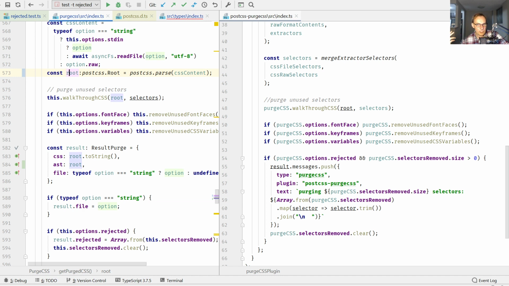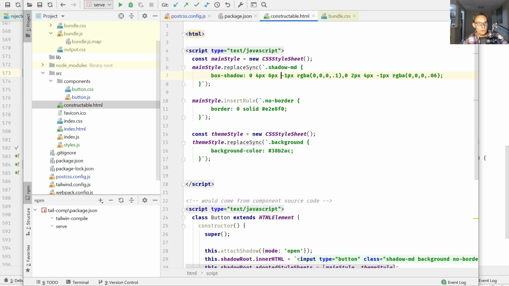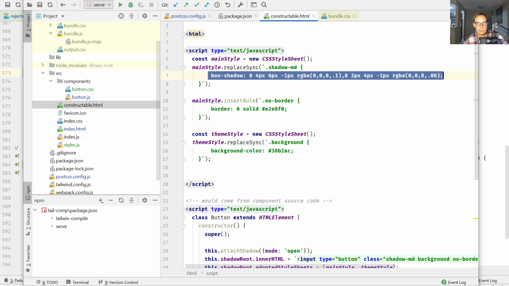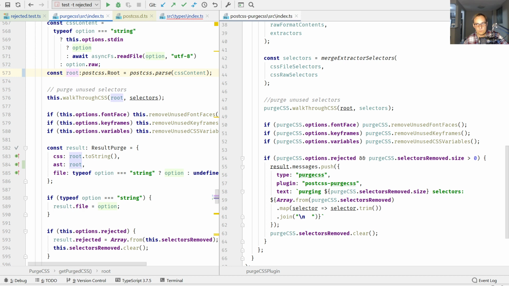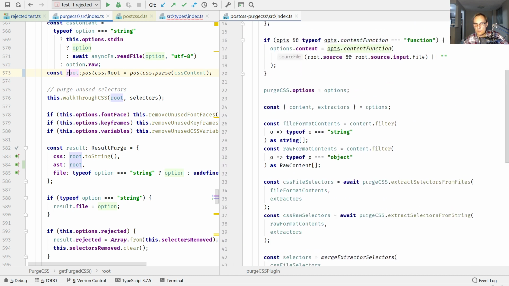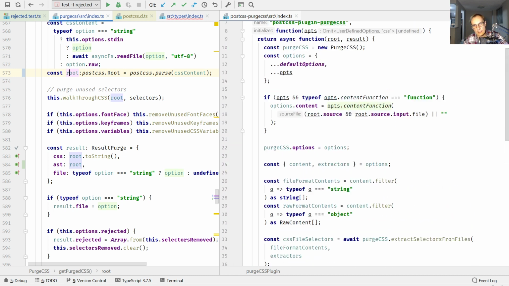And once the match has been found, dump the CSS selector into this constructable stylesheet business, right? And that's kind of what I wanted. But if PostCSS sort of kind of does that,